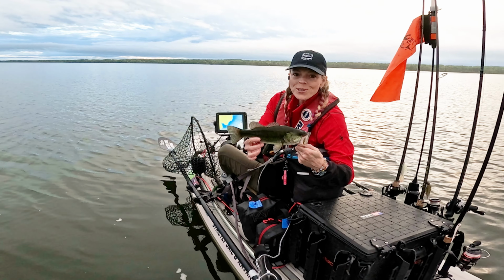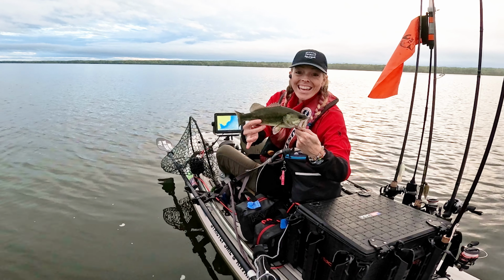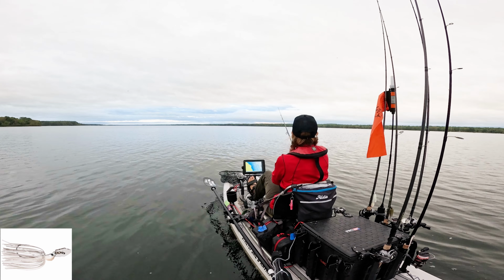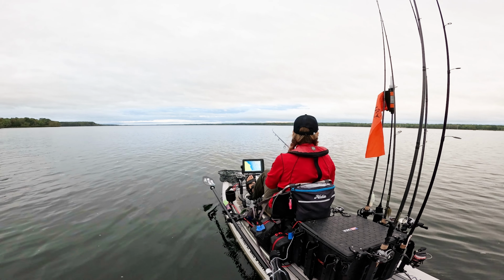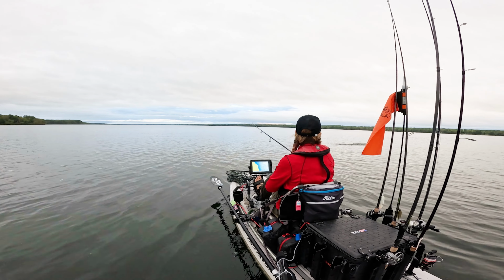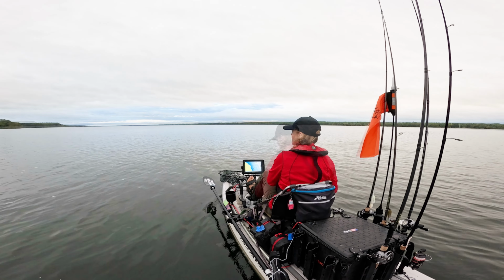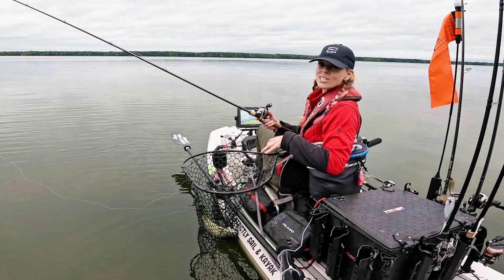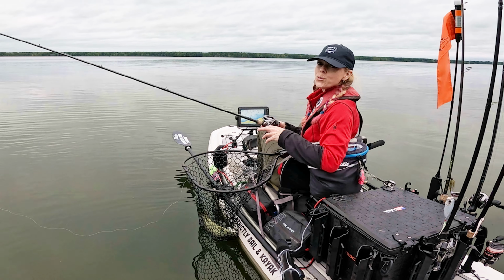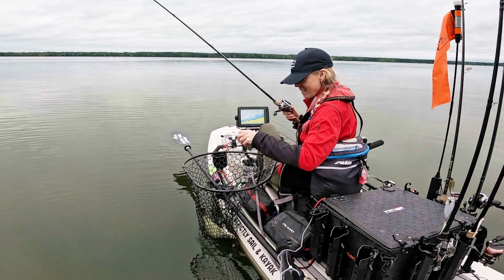All right, fish number one, 12.5 inches. I got a fish. I literally just stopped my GoPro and caught a fish within 2 seconds, so sorry we missed that hit. But